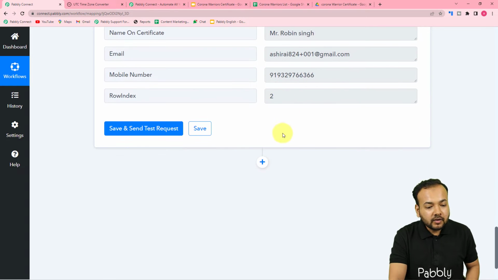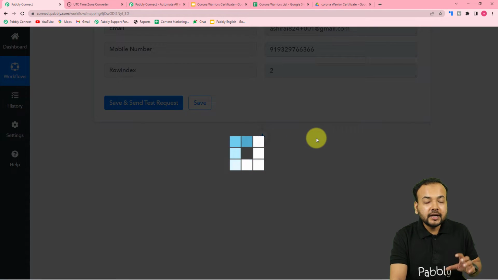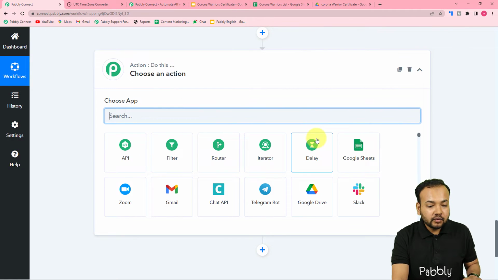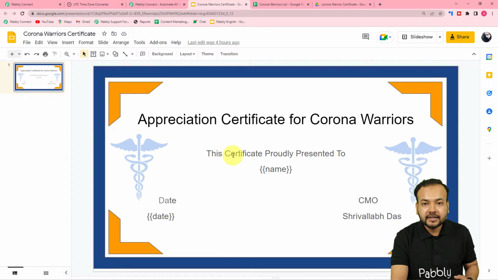Okay, now guys, what I want is to create a certificate for the first person, and to create a certificate we have created a certificate template here in the Google Docs application. So this is the kind of certificate I want to provide, and here you can see I have the name in double curly braces and the date. Okay, so these are the variable tags I have added here